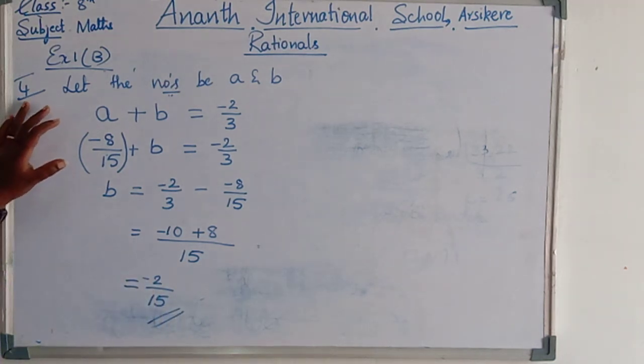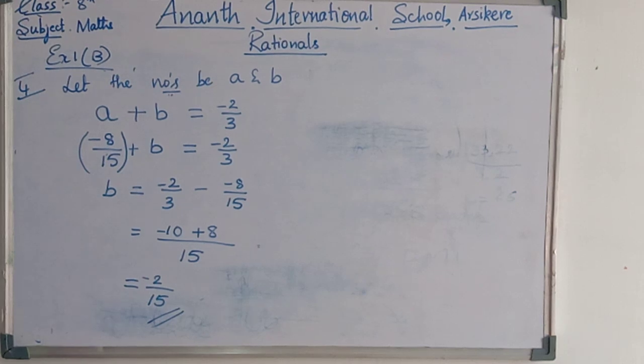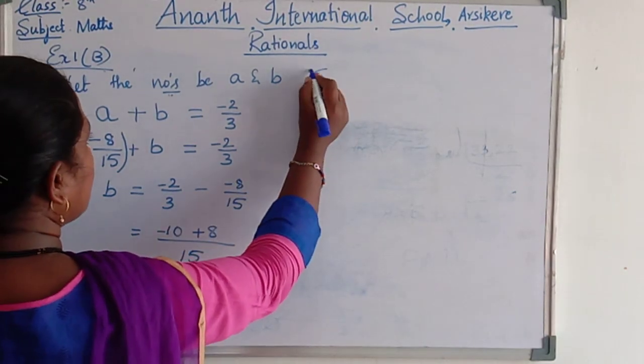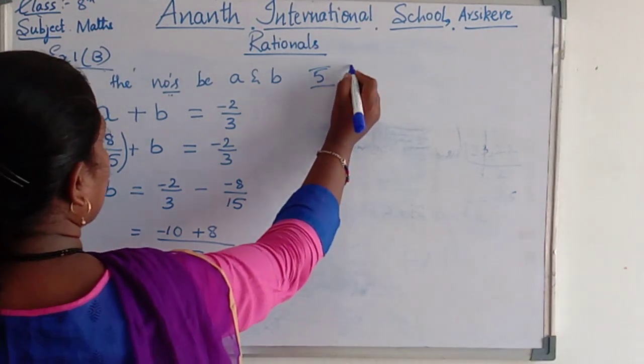So for the fourth problem, you may have understood how to do the statement problem. The third problem is the same like that. You should do it in the running notes. Next problem we will do. The fifth and sixth problems are there. The sum of the two rationals is there. The fifth problem I am going to do. The third problem you do in your running notes. The fifth problem is also the same as that.